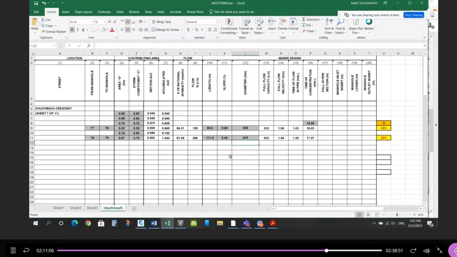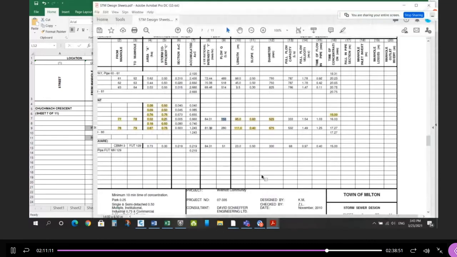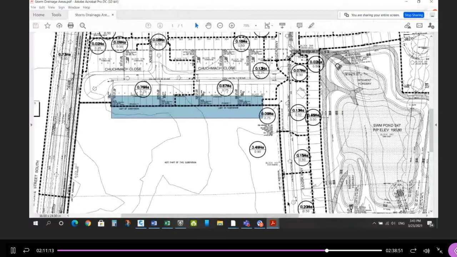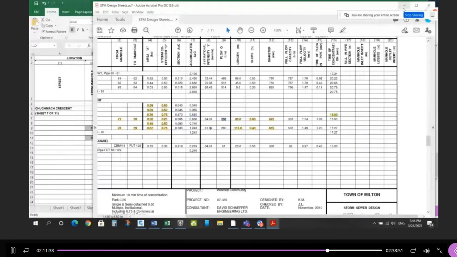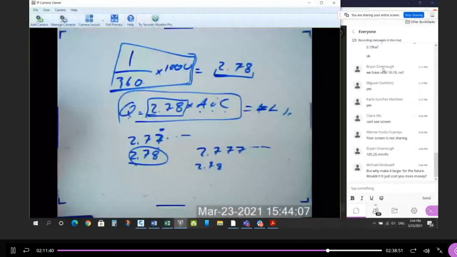And I think that the designer added the area from our subdivision, right? Decided, hey, this might happen in the future. So let's take some areas, half lot depth back here, and bring it through. Size these pipes, and then erase the area. So imagine that. You add the area, you make the pipes bigger, and then you don't show that that additional area is actually coming in. So at a glance, it looks like, you know what, your pipes are too big. It doesn't make sense. You can make them smaller. But he was forward thinking, or she was forward thinking and saying, you know what, maybe in the future,